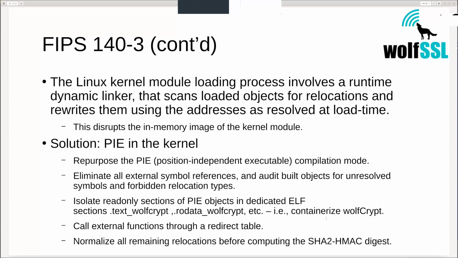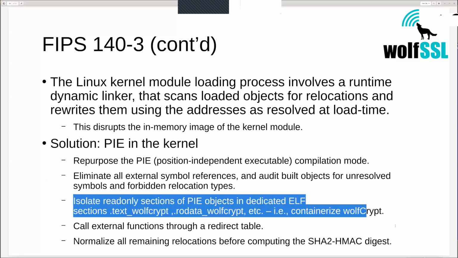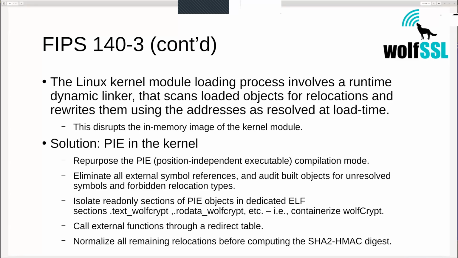So this is the slide that I was promising, with some details on how we stabilize the in-memory footprint. What we do is we rearrange the object using a linker script and objcopy, and then verify using readelf. All of this is just in the makefiles and the Kbuild file. You can see it in the GPL version. And what this does is it completely isolates all the wolfCrypt functionality of the larger module from everything else,